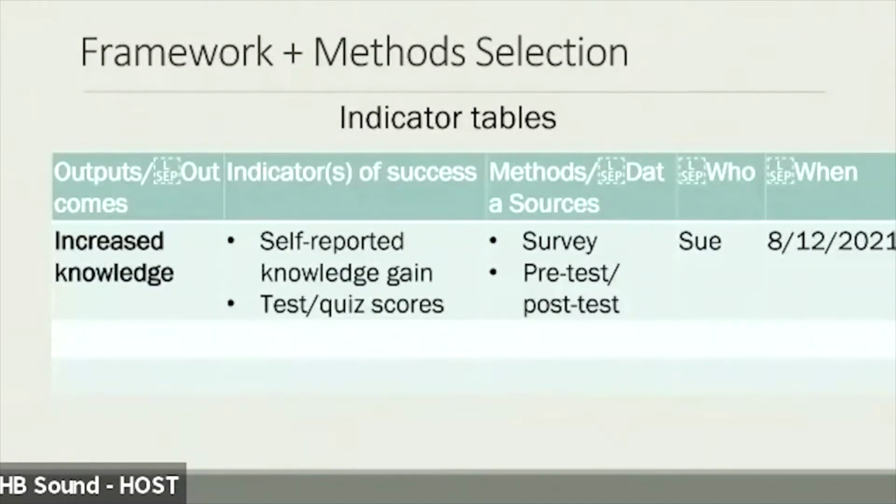So if increased knowledge is one of your outputs or outcomes, then some of the indicators would be self-reported knowledge change. This would be something you'd get back on a survey, where you ask them, what was your knowledge on this topic beforehand? What was your knowledge afterwards? And then we can measure some knowledge change. But we can also measure that knowledge change using the pre-test, post-test method, and that could be test scores or quiz scores are going to increase over time. That's your indicator. So you can use pre-test, post-test, or you could use the polling technology that Marisol and Peter were talking about this morning.